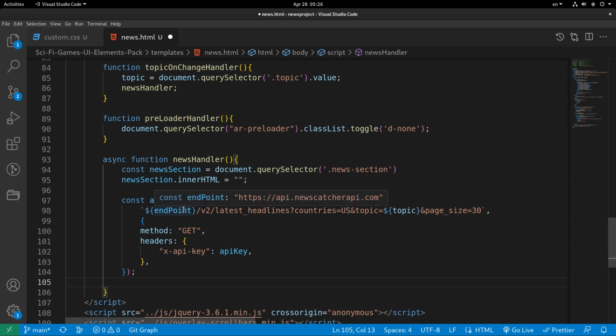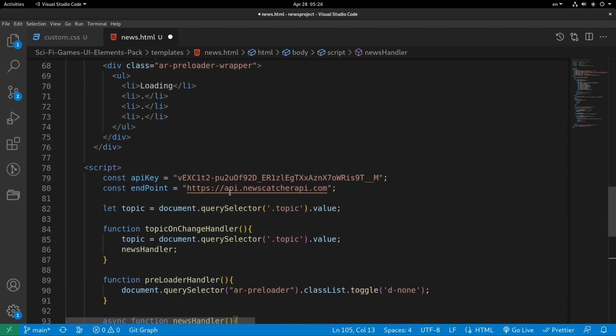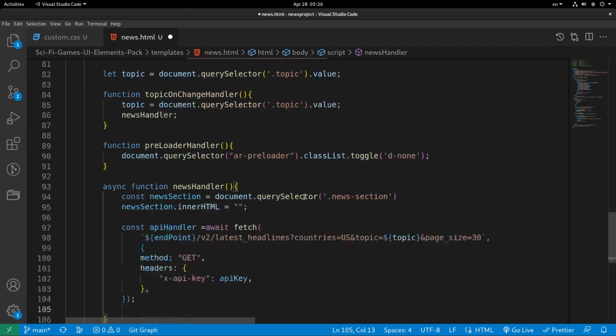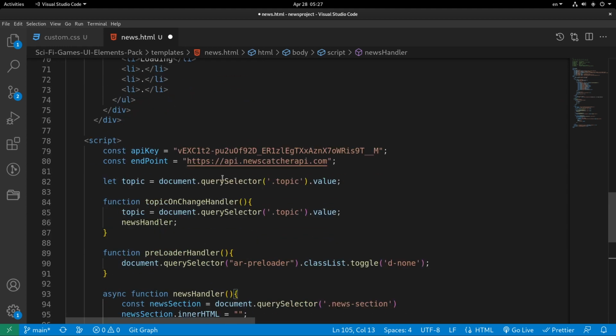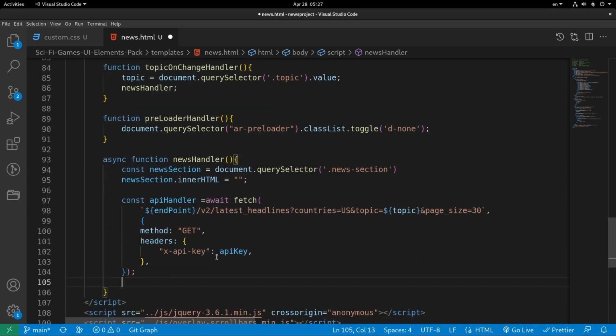So here we've got the endpoint, which we have defined right over here, api.newscatcherapi.com, and this is the topic which we will get from the user, and the method is a get request, and the API key which we have defined here will be used right over here. So we will have the complete link, which we will send a get request to and get the data from it. So the next step is to write const response,